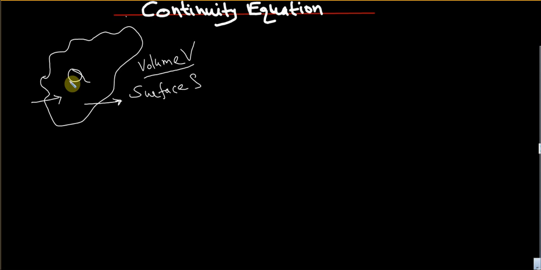So the current leaving the region is the total outward flux of the current density vector through the surface S. So current is related with the charge density. We are assuming this current is leaving the surface. So the total outward flux of the current density vector through the surface is equal to the current. So we can write that for the closed surface, I is equal to the closed integral of J dot dS.